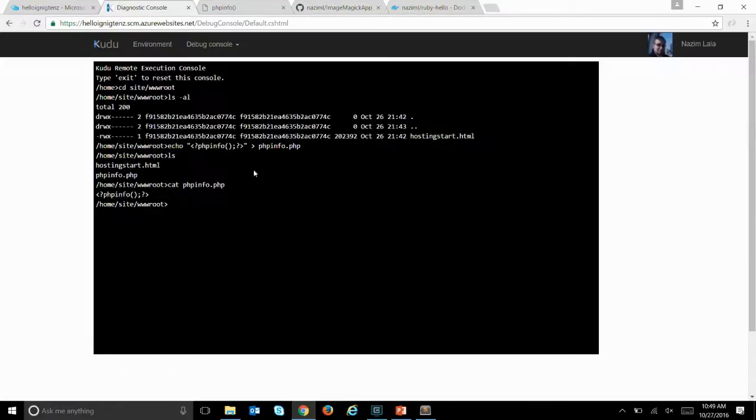So let's just go back to our diagnostic console here and list out what's in our site. You can automatically see I have a bunch more stuff here now. Because I connected to GitHub, it just synced all my files automatically, right, at this point. So if I go back to my site,